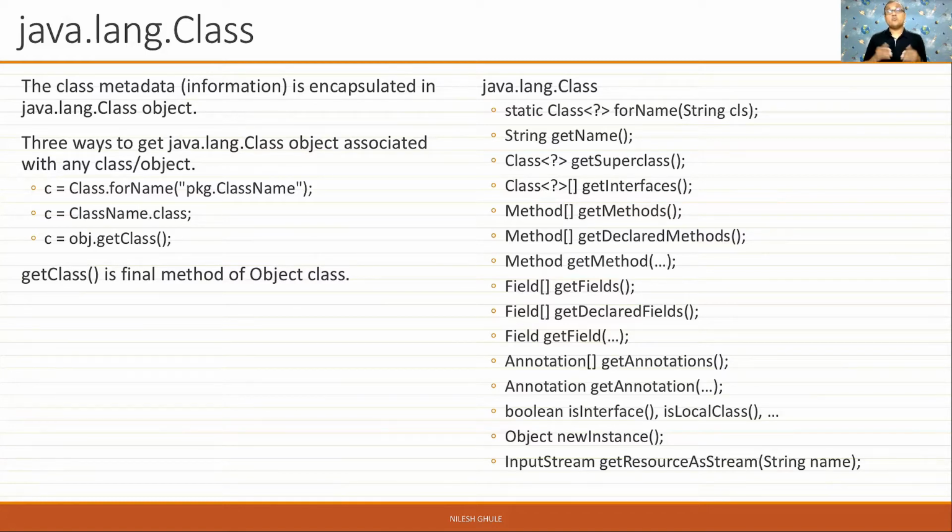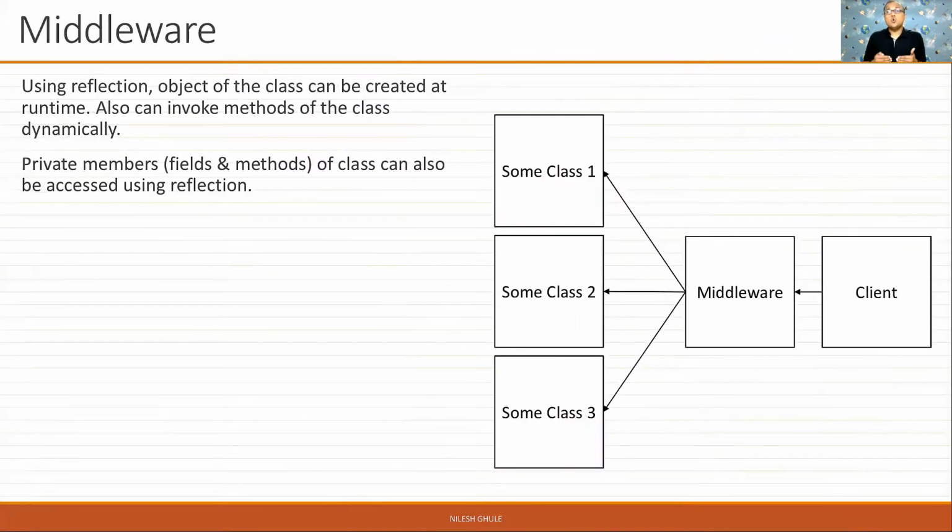The answer is no. We can also use Java reflection to load these classes dynamically, create the objects of these classes, find the respective methods or fields in the class, and also invoke them at runtime. You will be surprised to know that using this mechanism, we can even access the private members of the class. In this tutorial, we are going to talk about this more practically.